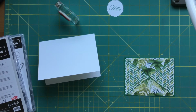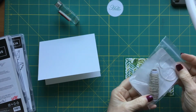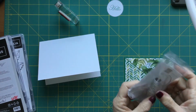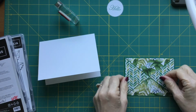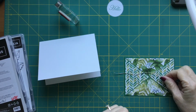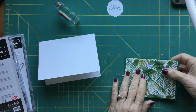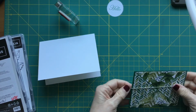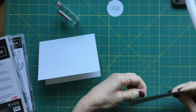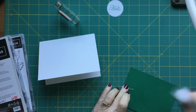Now we're going to put some linen thread. This is our linen thread that we have, comes on a little spool. And I'm going to do this as easy as possible. You can do it however you want, but this is the easiest way I have found to do it. I'm going to take a piece of tape, double-sided tape,